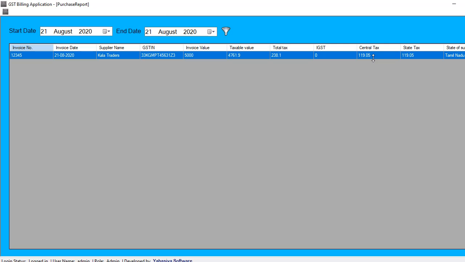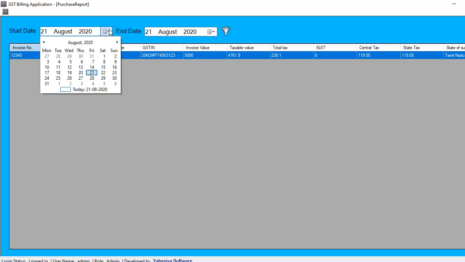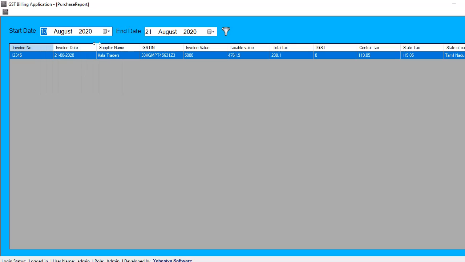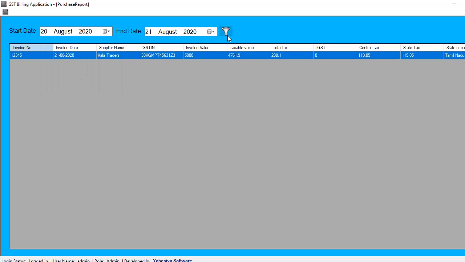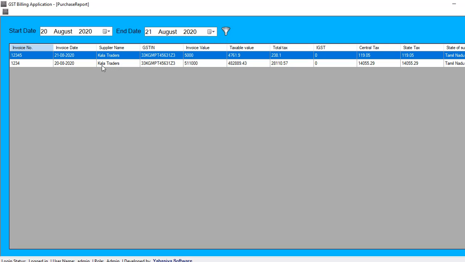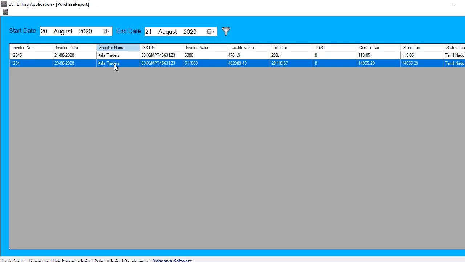That is also between two dates. If you want to see different dates, you can select them. I think we didn't buy anything today, anyhow we will get the same result. I believe we bought something yesterday also. Yeah, this is the thing that we bought.